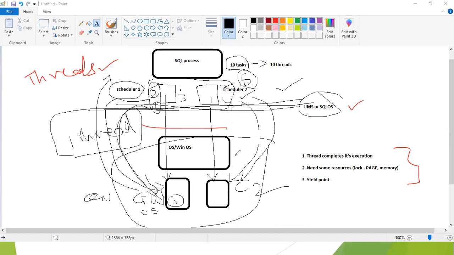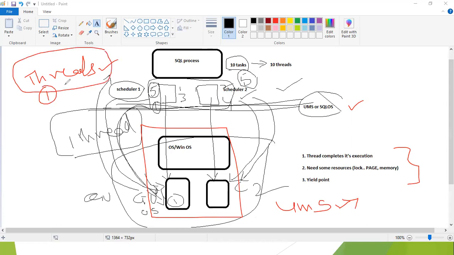So at the operating system level, you're talking? Yes. Like I was just explaining, 4 milliseconds is still at the Windows operating system level, and we are sending only one thread at any point of time. So instead of query, I'll say threads, and one thread will spawn at a time. If any other process that we have on the system doesn't have a UMS, which is only dedicated for SQL Server, it doesn't know how to schedule the threads. So if any other process that we have on the Windows operating system spawns threads, they will be on the Windows scheduler,